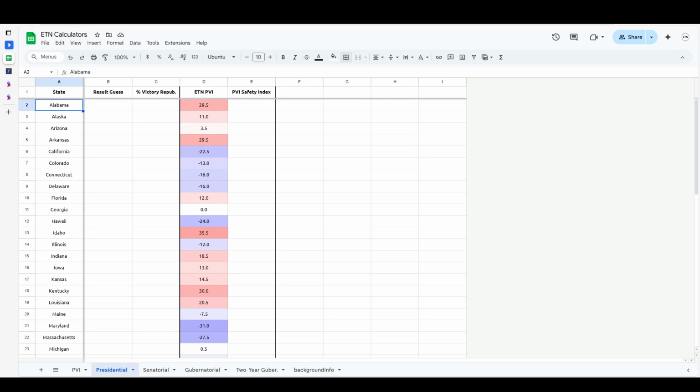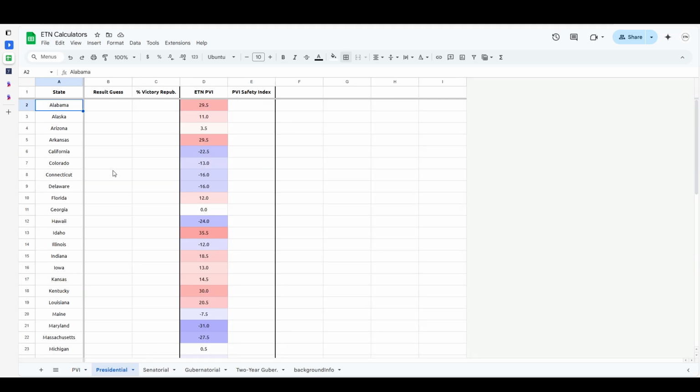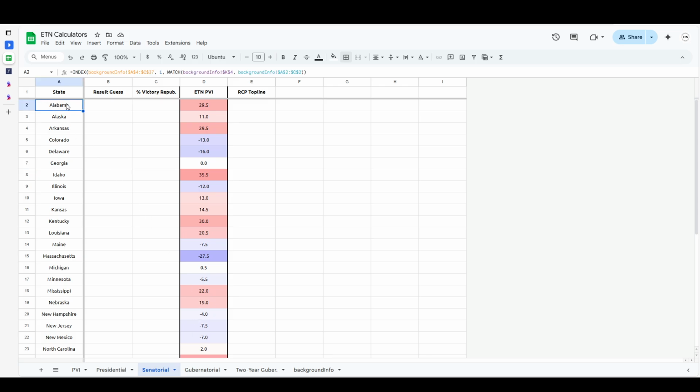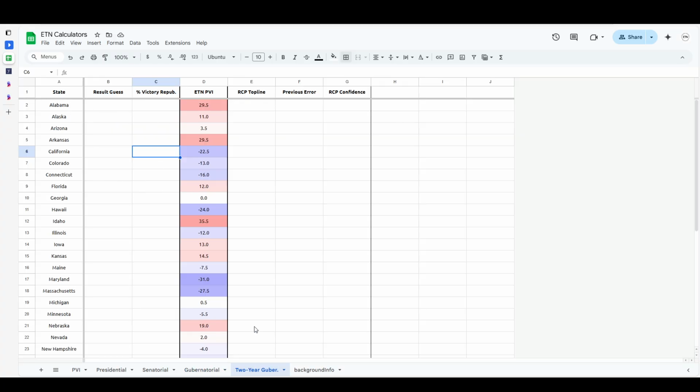Today is Thursday, June 25th, 2025, and today we're going to be going over my PVI and overall sheet calculator that I've been working on for a while, mostly looking at the current PVIs in a lot of these states, as well as the implications, not only for 2028 and beyond, which again, I'm still working on all of these sheets at this point in time, but also the potential midterms as well as the gubernatorial contests that are coming up later this year, where we have the in progress Virginia and New Jersey sheets and the midterm